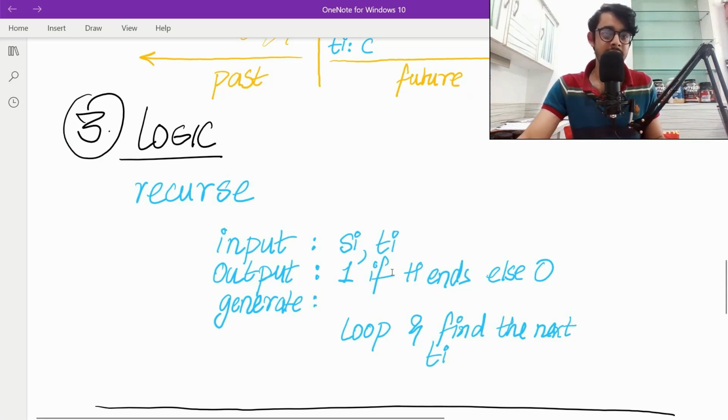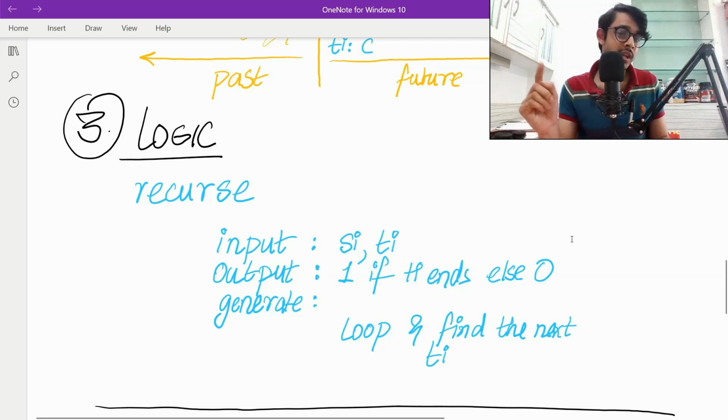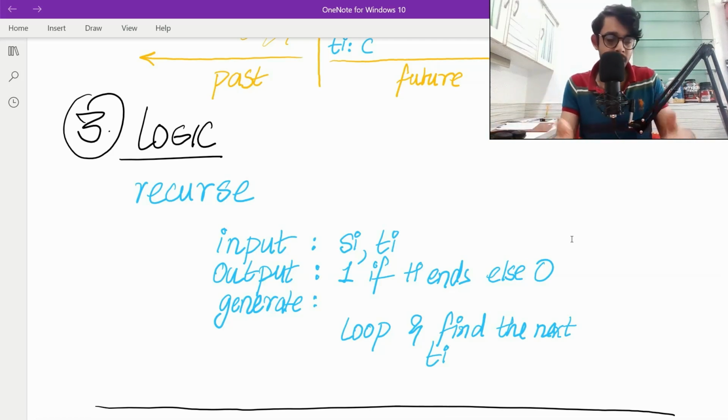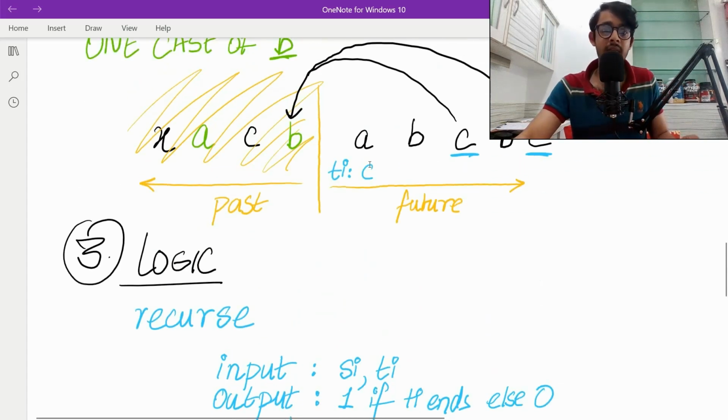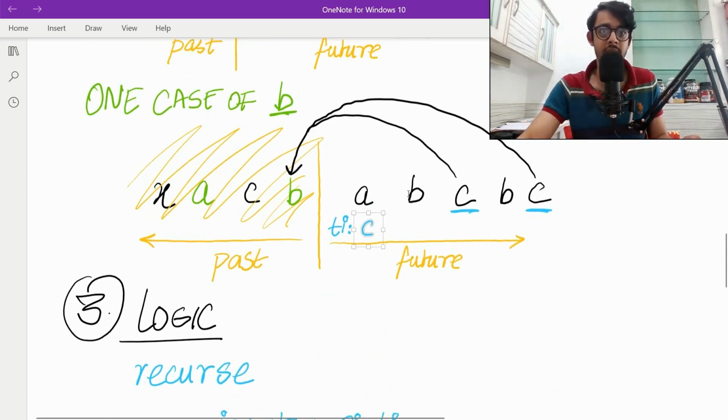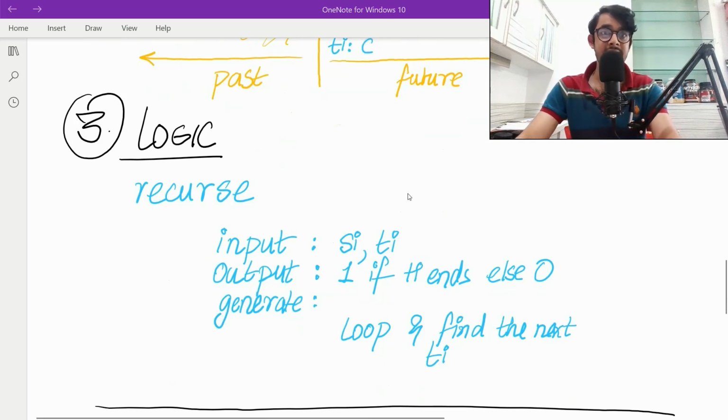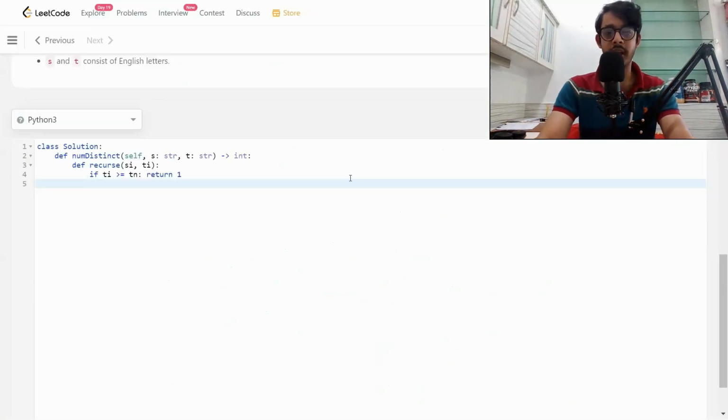When is the next possible case where the recursion might end? We are only looking at the case of Ti, if Ti reaches the end or not. But there's also one possible case where Si just keeps on scanning but does not get any matches. And if it does not match, then Ti will never go ahead and look for the next character. Which means that Si scanned the entire thing but it did not get an answer.